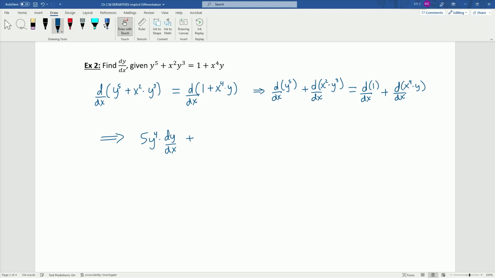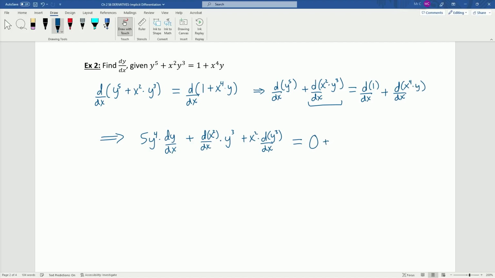Plus. Now here, this is a product rule. I'm not going to switch anything; I'll keep in Leibniz notation for this. But this is the product rule because I have a product of two functions here. So I'll take the derivative with respect to x of x squared times y cubed plus x squared times the derivative with respect to x of y cubed equals. Now the derivative of 1 is just 0